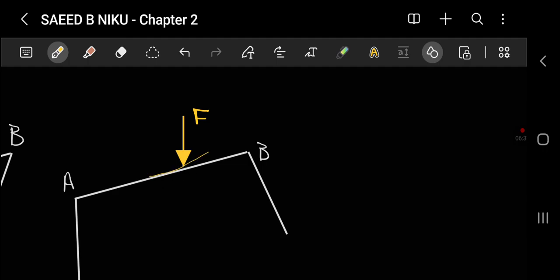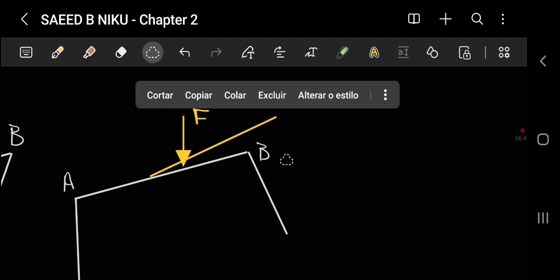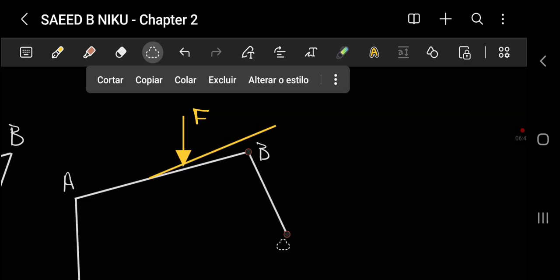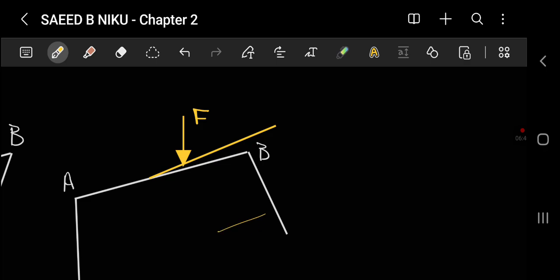So it was on this position and it changed to this position right here. Okay,